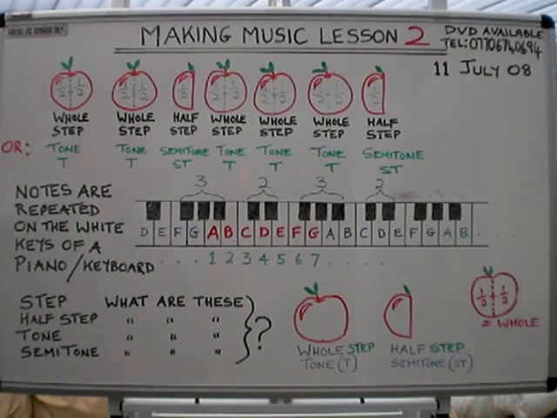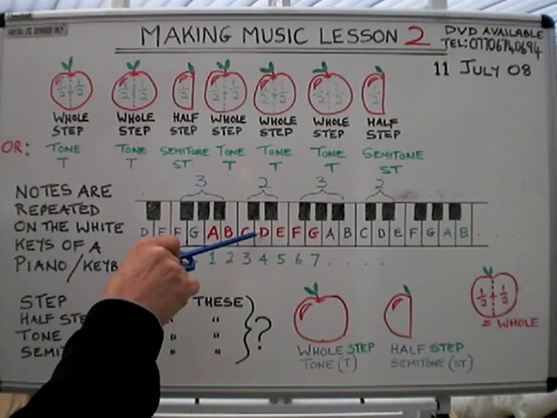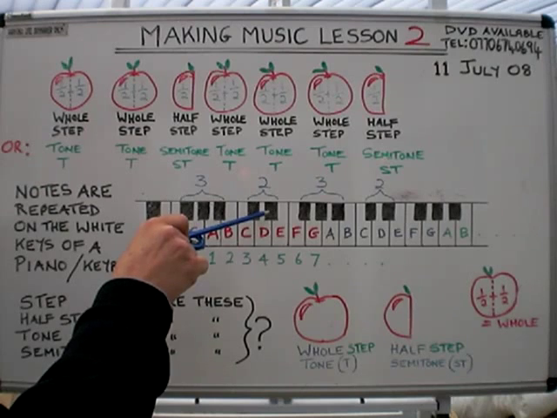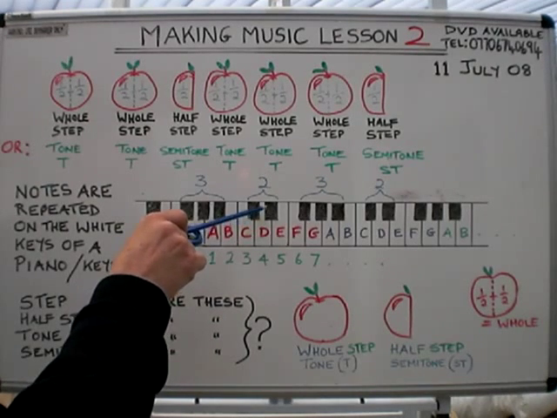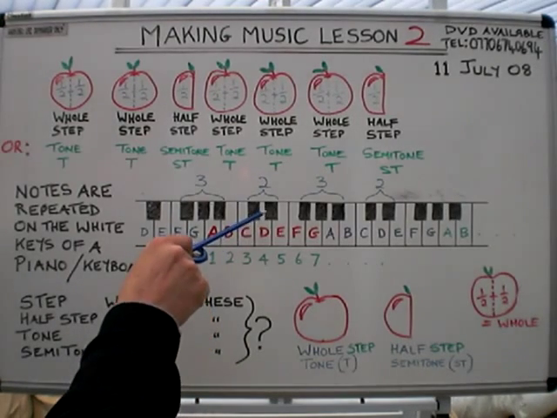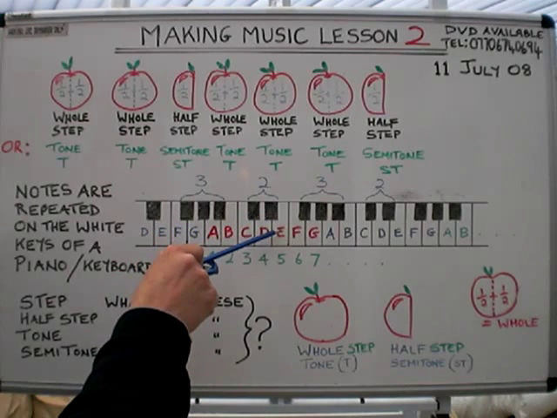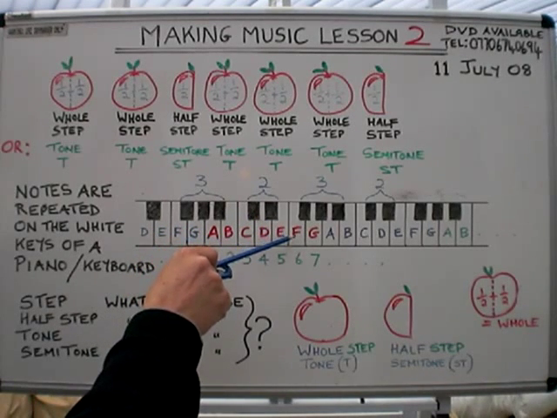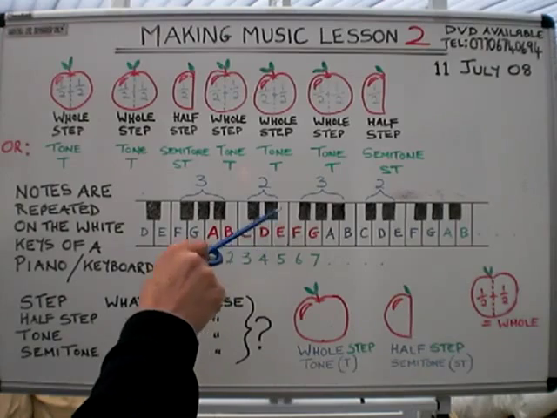From there we'll do a half step. Start here. 1. And we've landed there. From there we'll do another whole step. So 1, 2. We've landed here. Started there,